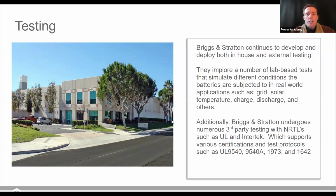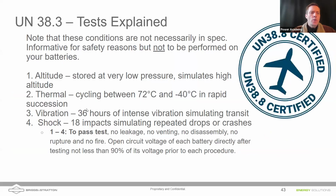Right, so we have UL 9540, 9540A, 1973, 1642 on our batteries, our modules, our cells, etc. I'll explain slightly what those tests are. We're also one of the first companies that have gone through edition 3 of the UL 9540, which allows our batteries to be paired with any 9540 compatible inverter. So an inverter that has their own 1741 SB can be paired with our batteries, and we've met